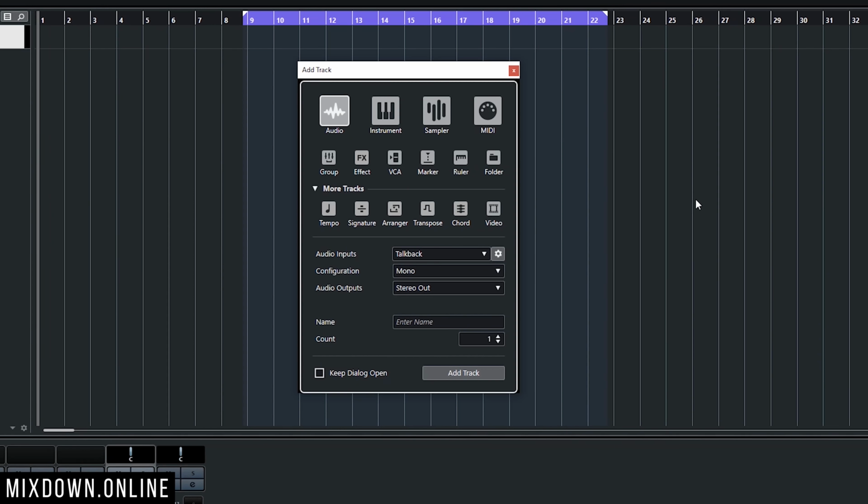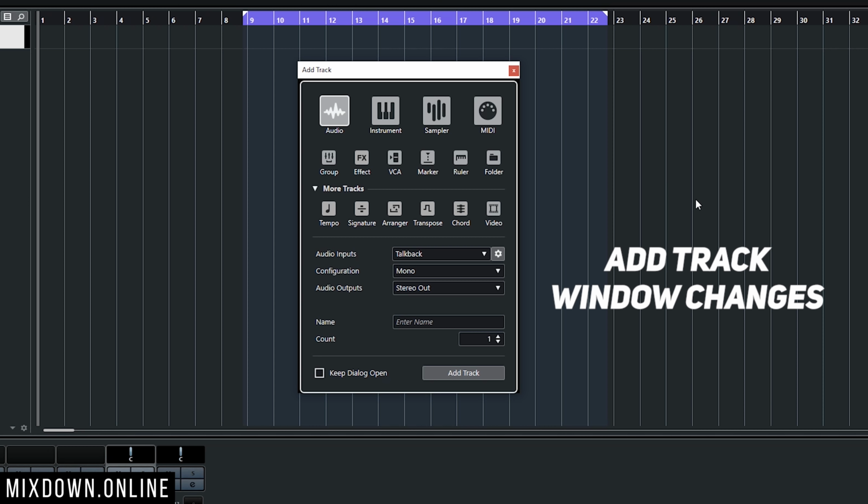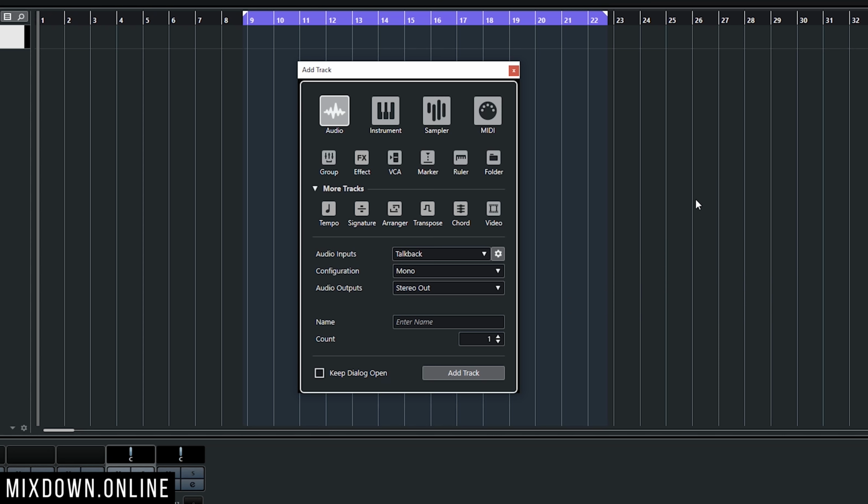Now, there's a bit more features and changes that has been made to this version of Cubase that I'm not going to cover on this video. But just one last quick one that is one of the changes that was done is the Add Track window. Now you have access to all the tracks available within Cubase that can be added from that same window. In the last version of Cubase, More Tracks was in another window, but now is part of the same Add Track window. So it's more simple this way anyway. So that's the kind of changes that was done on 10.5.